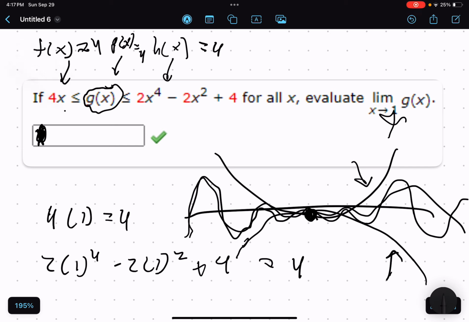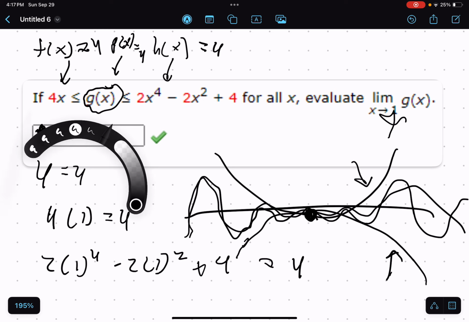So when we're finding g of x, all we have to do is calculate both sides and see if they're equal to each other, which they are. 4 equals 4. So your answer is going to be